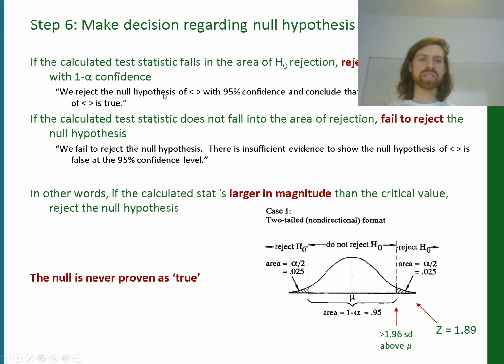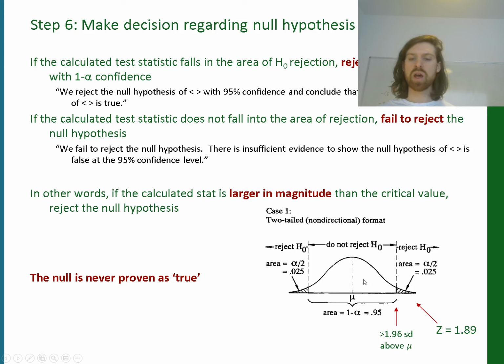So if the calculated test statistic does not fall into the area of rejection, then we fail to reject the null hypothesis, okay? So just imagine we're getting mean values from our sample, and if it lands here, which is in the zone where we will not be rejecting the null hypothesis, we can't say for certain that the results haven't just occurred by chance, okay? So as a consequence, within our accepted confidence level, we would not reject the null hypothesis if our sample mean, for example, was within this